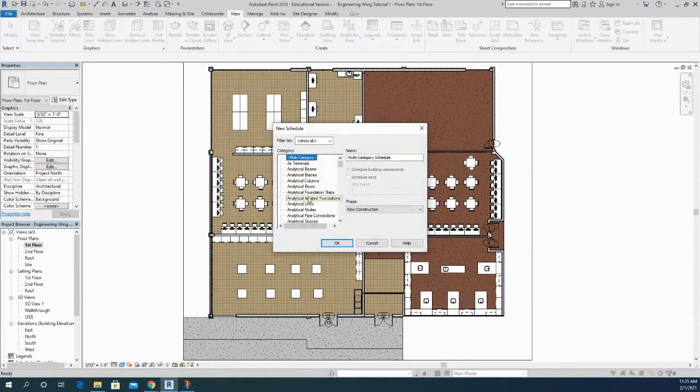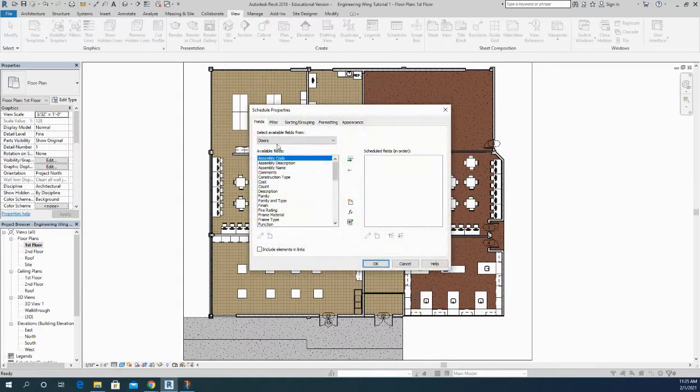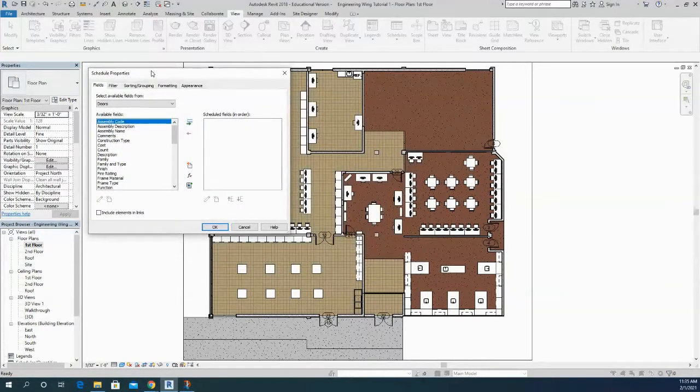So what I want to do is create a door schedule. So I'm going to scroll all the way down to my doors, and then I'm going to click OK. Now from here, I need to say, what do I want to show in my schedule? A schedule is just a table showing a list of items. So if I want to do a door schedule, I want to show the family of door that it's in. So if I click Add Parameter, it will slide it over here. I want to show the type of door that it's in. So I add that parameter, and I want to show the width. Those are all different things that for me are going to be